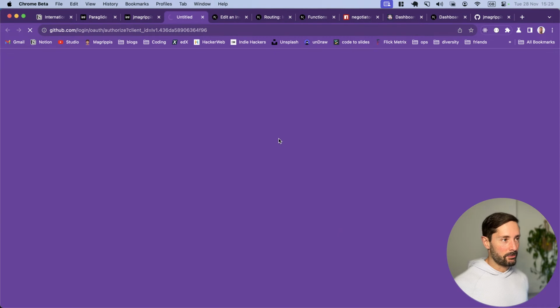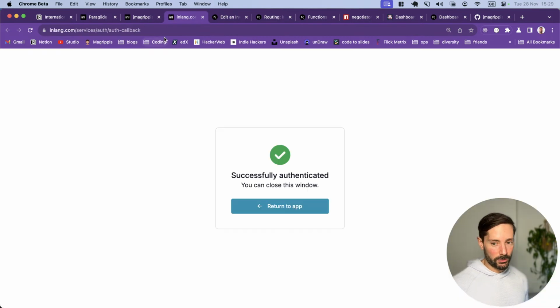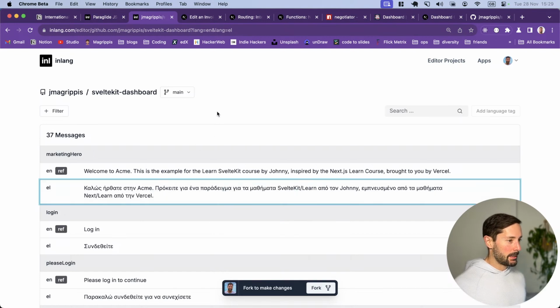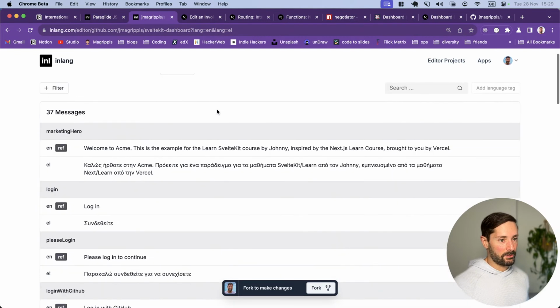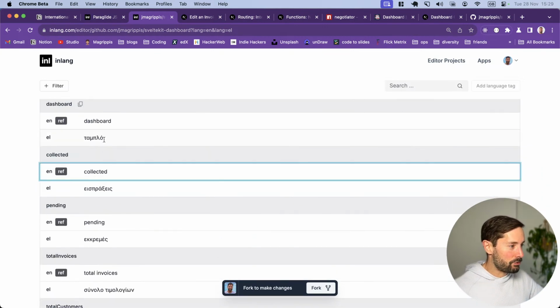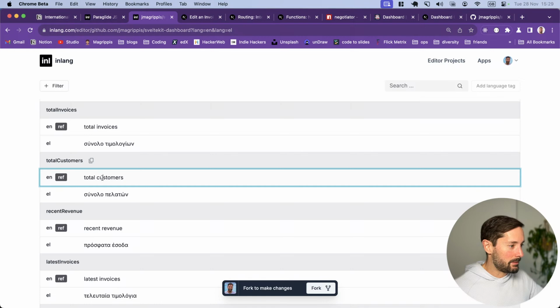It will ask you to sign in if you want to make changes, and if it's a private repository, it will ask you to log in just to be able to see what's there. But it won't ask you for money, which is amazing. What a cool project. And you can see here that I have this nice UI to help me edit my